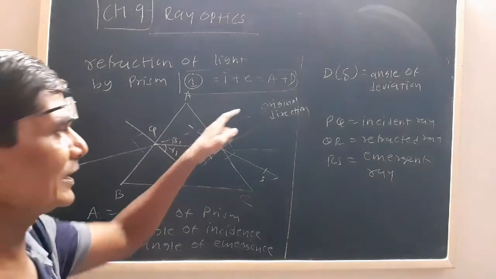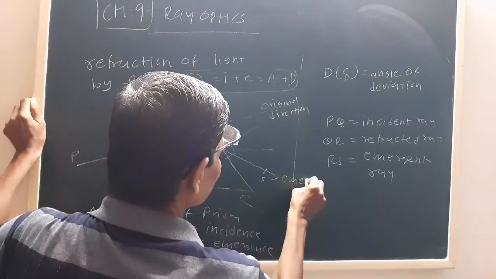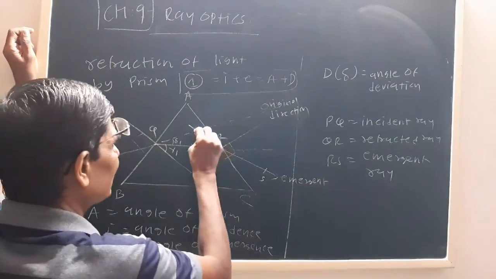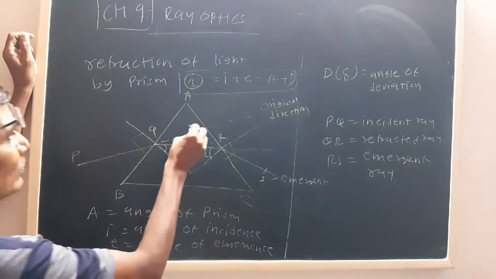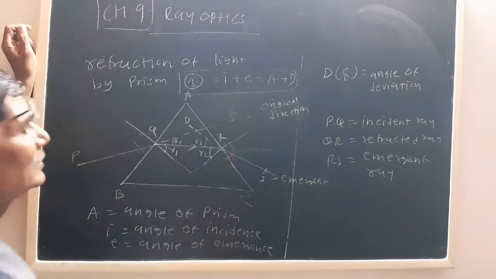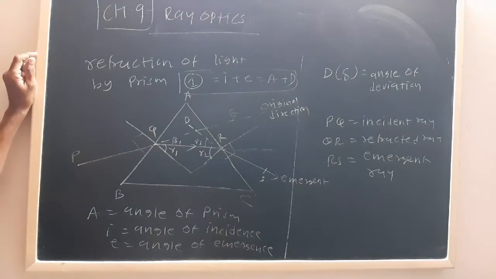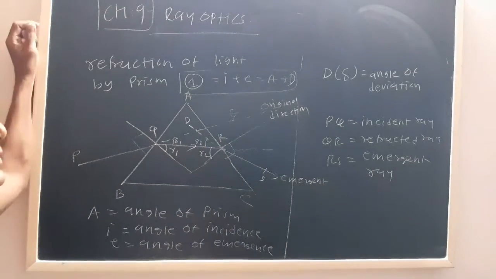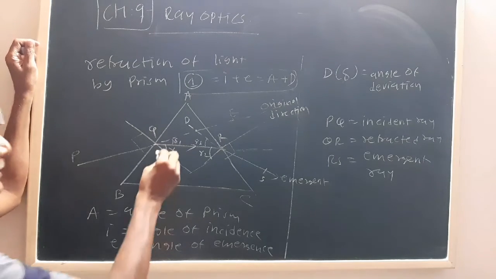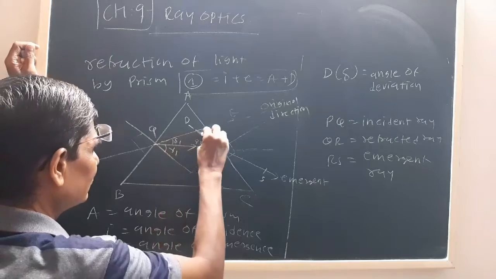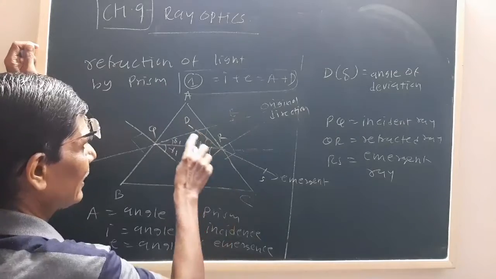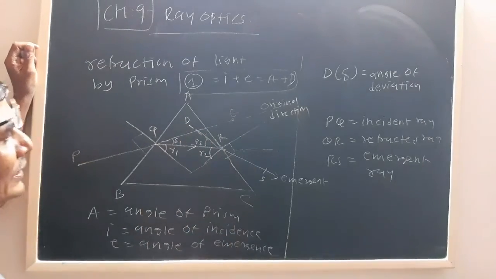Now this is the original direction of the incident ray, this is the emergent ray. See the angle between the original direction. Okay, now let us call this point D, and this point is R. This is for my convenience. Now this angle EDR or EDS has become an exterior angle. You can easily check. See, this is a triangle and this forms a linear pair.